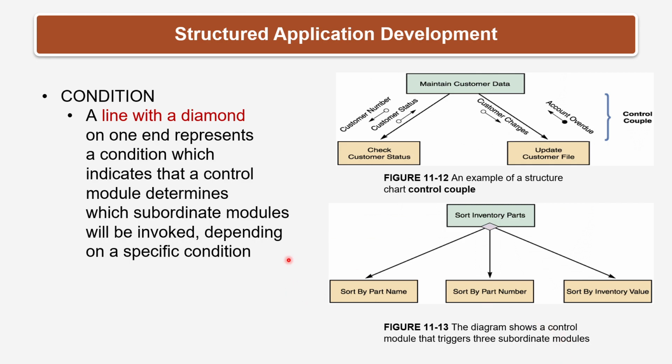And then for the condition, a line with a diamond on one end represents a condition, which indicates that a control module determines which subordinate modules will be invoked, depending on a condition. This diagram shows a control module that triggers three subordinate modules: sort by part name, sort by part number, and lastly sort by inventory value. So sort inventory parts here is a control module with a condition line that triggers these three